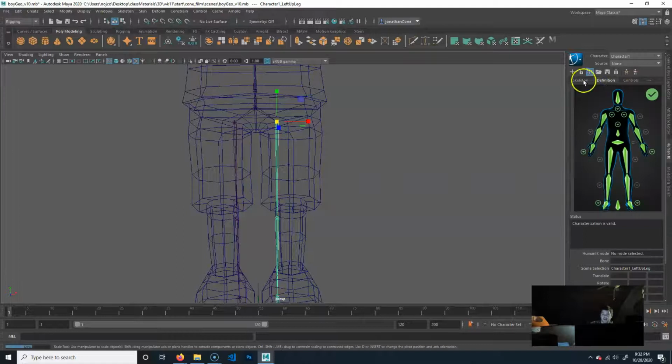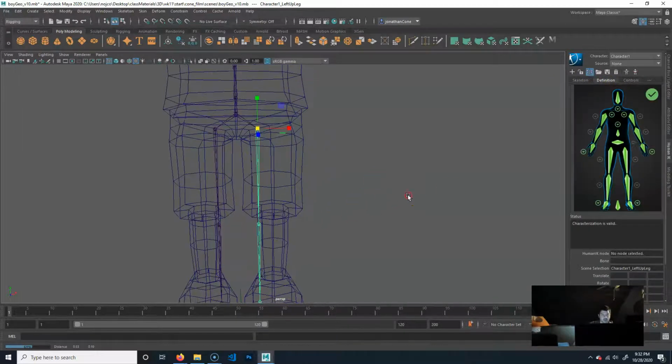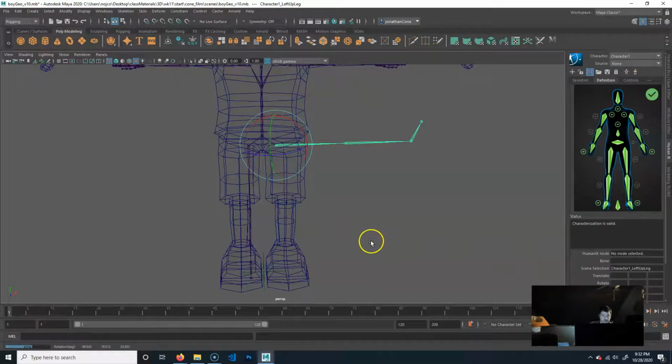All right, so when I'm moving these and doing these various things, I want you to go to definition. So you'll see there's just 3 tabs here. Okay, click on definition. Now, if for some reason I am naughty and do something I'm not supposed to,